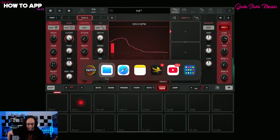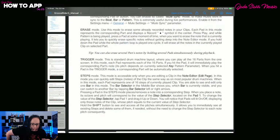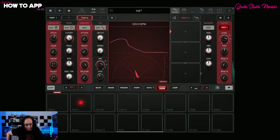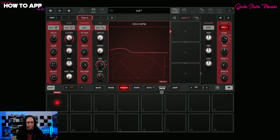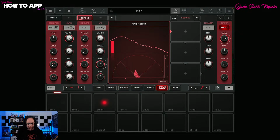Now, what were we doing here? I got lost. What was I doing? Trigger mode. This is a standard drum machine layout. I can play all 16 parts. On the iPad, 16 parts, hit the pad and play immediately corresponding. So, trigger. So there's our trigger mode. So we're set to trigger here. But these are our drums. So these are all our parts of the...